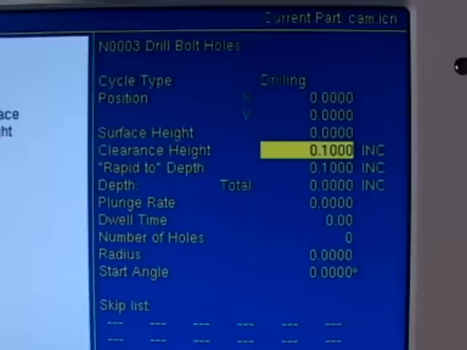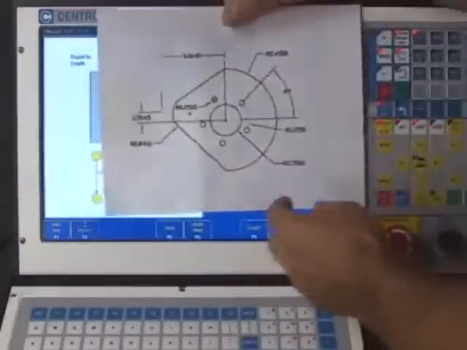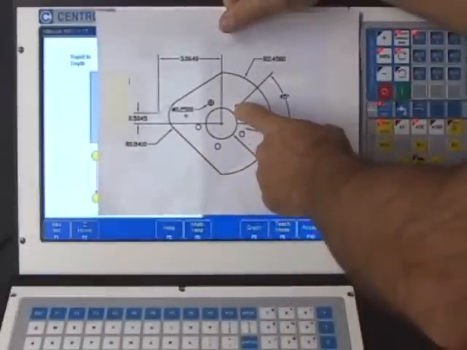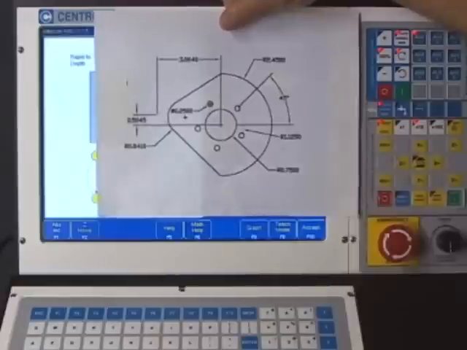The next question it wants to know is the clearance height. Well, since we're drilling 5 holes on this particular part, when I'm done drilling the first hole, it wants to know how high to lift the tool to move over and machine the next